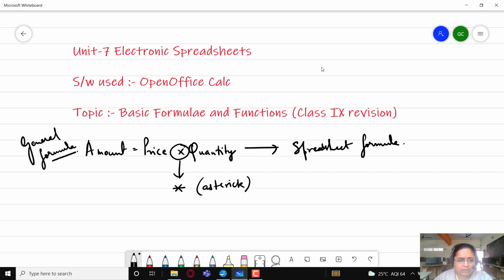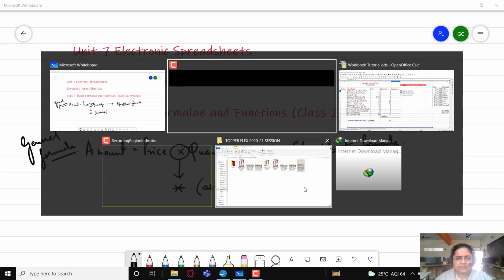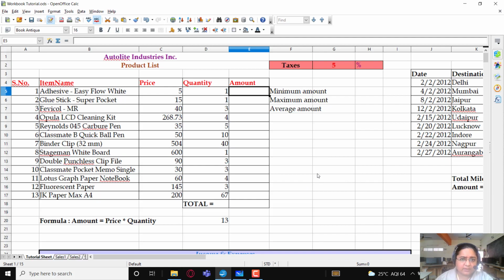In order to convert this into a spreadsheet formula, we need to first figure out the cell where we would be inserting our formula. Here we have the cell over here, that is E5. As you can see, this is the cell E5.